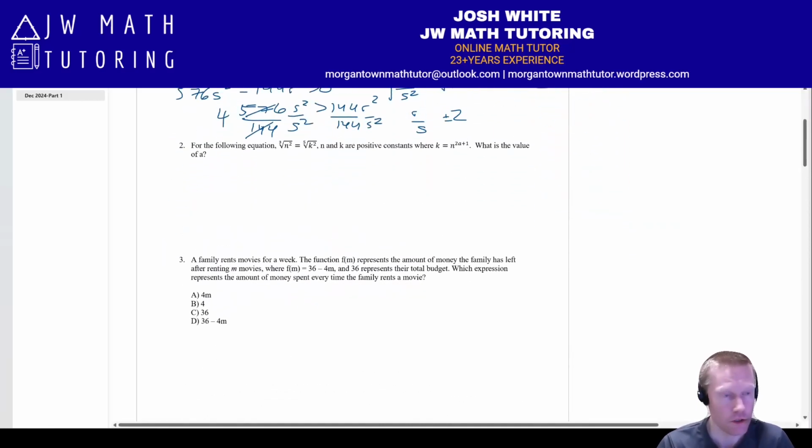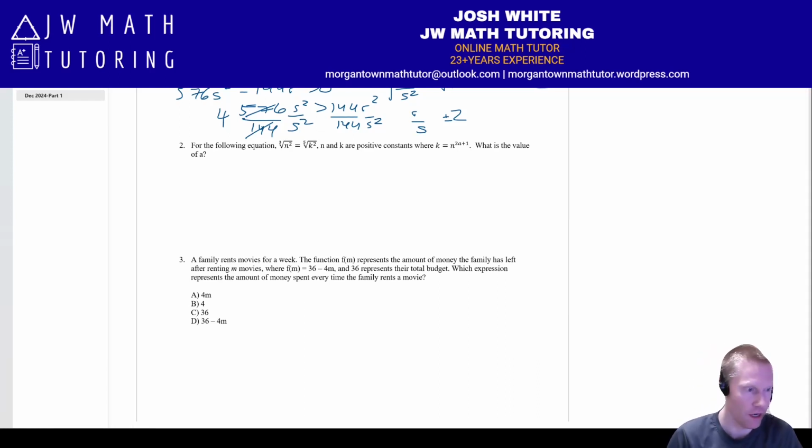All right, sorry, took a little while going through that one, but I just want to make sure that you understood the Desmos solution in addition to the solving by hand method. So for this one, again, I'm going to do this two ways. First, I'll show you how to do it by hand, and then after that, I will show you how to solve it using Desmos. So what I would do is I would recognize on the left side here, I can